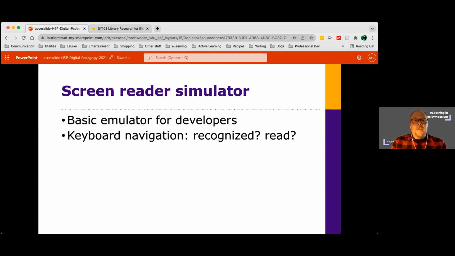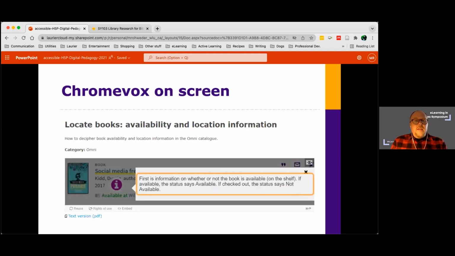Taking a look at different emulators or different simulators to see if the different pieces of information that you have on the screen are being caught by that simulator. So one fairly easy, inexpensive option is ChromeVox. It is a screen reader put out by Google, and it's available, I believe, on Chrome. And you can set that up to see if the material that you are creating is going to be captured